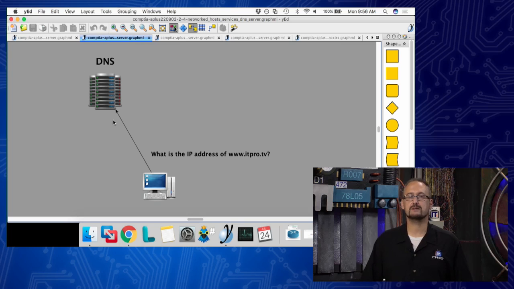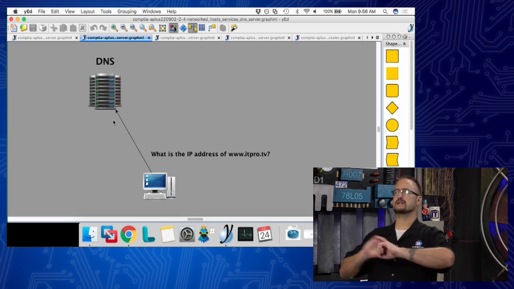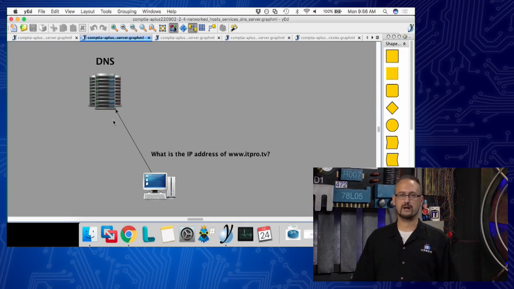Well, DHCP, remember, is the Dynamic Host Configuration Protocol. What actually happens here is your computer connects to the local network and it doesn't have an IP address. So what does it do? It yells out to every computer on the network, everybody, and says, hey, anybody out there got an IP address? I could really use one. I'd like to talk on this network. That's called a discovery packet.